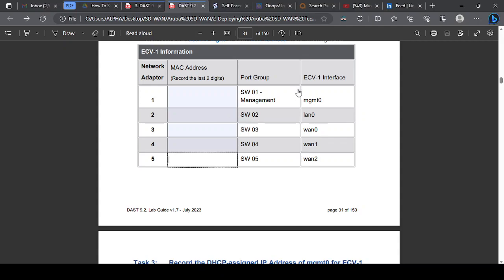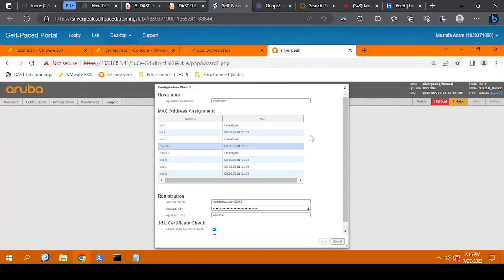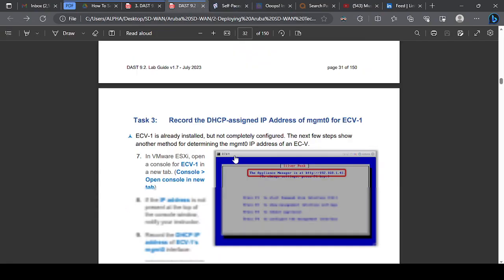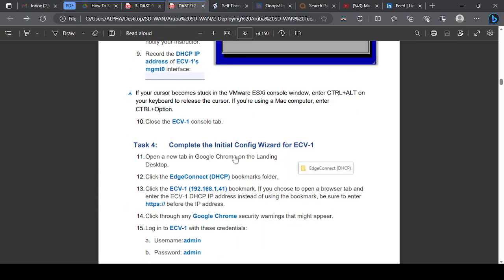Switch port 02 is mapped to LAN 0, switch port 03 to LAN 10, switch port 04 to LAN 11, and switch port 05 to LAN 12. So that's good. After you hit save, it asks you to reboot the appliance, which I did, and that finishes up our lab